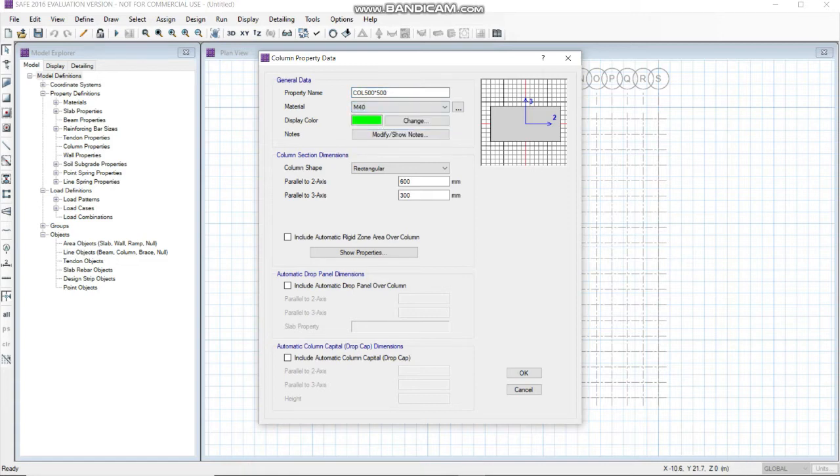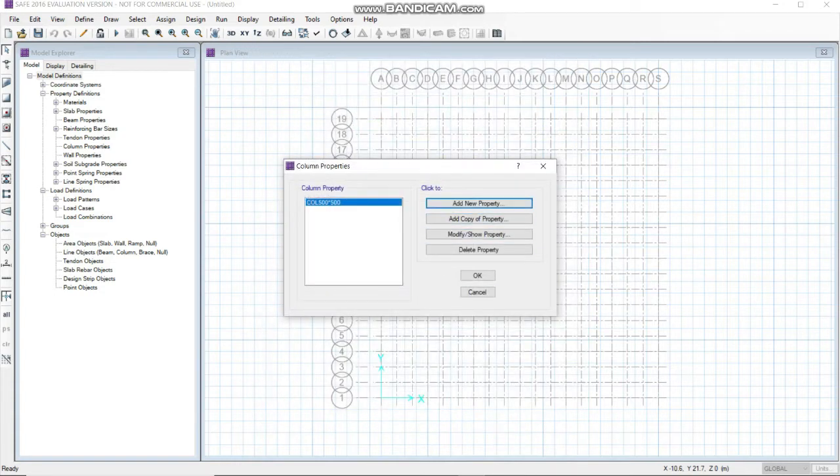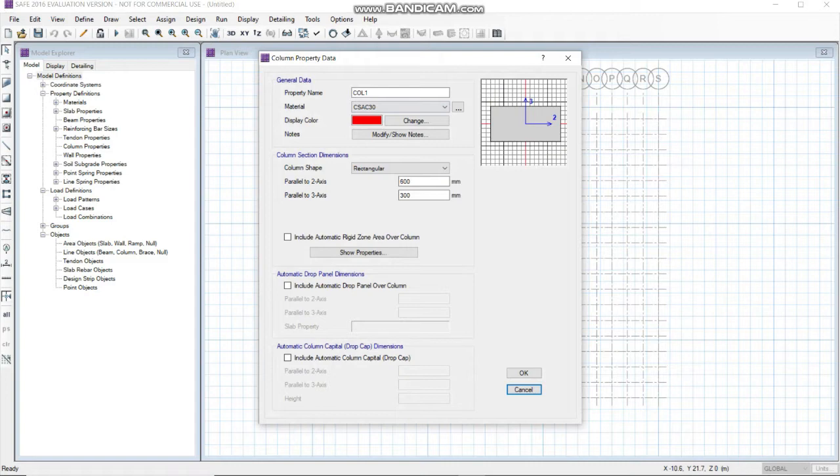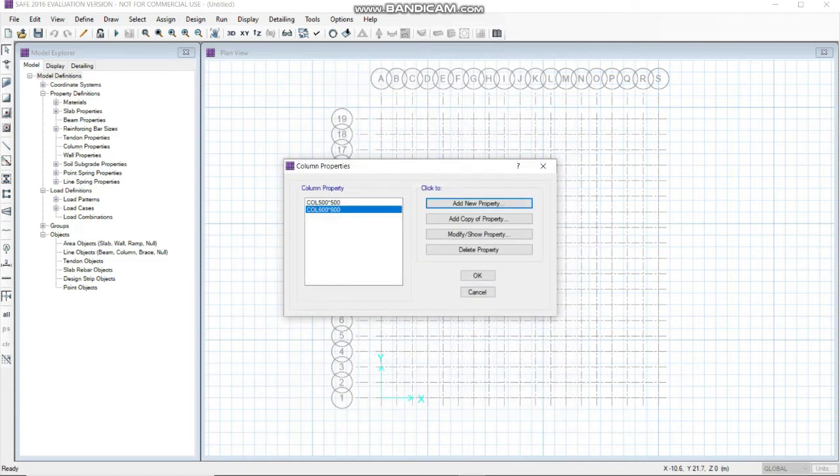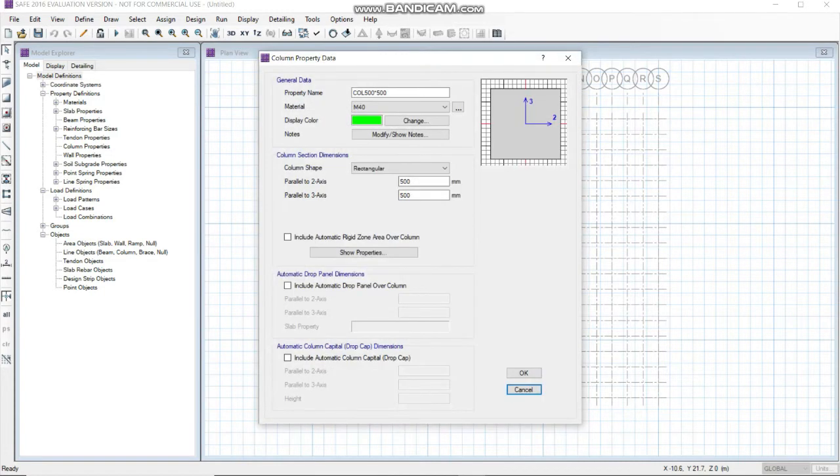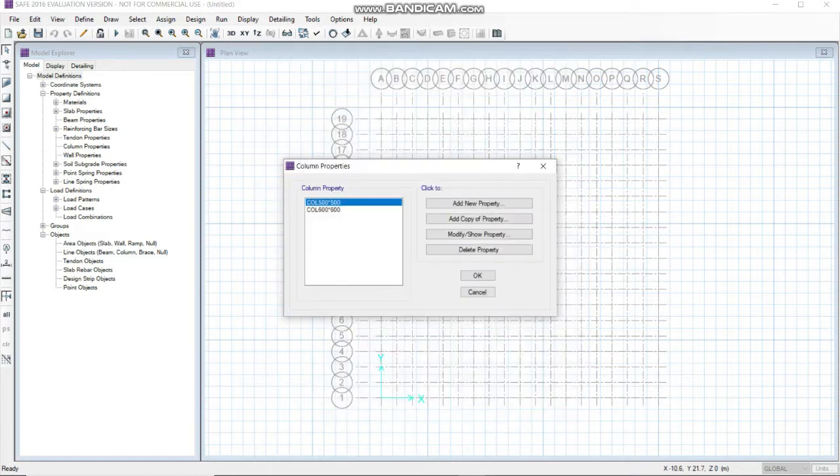Click on material M40, change the dimensions to 500 by 500, click on OK. Another column as 600 by 600, change the material to M40, change the dimensions and click on OK. As you can see, two different types of columns have been defined.